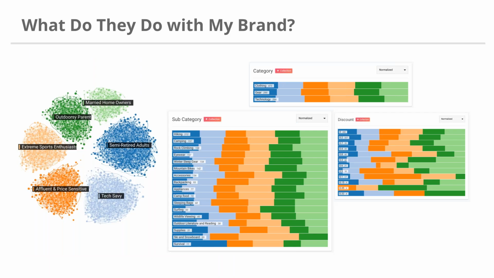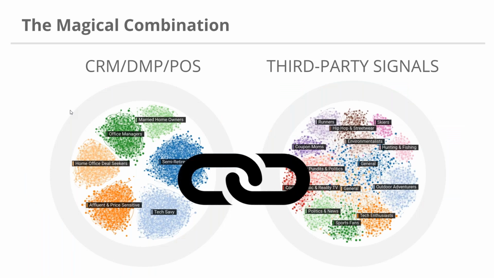And so then, now that's sort of the third party component, but what about the people who are actually buying my products, interacting with my products in the store? What category do they fall into? What subcategories, or what types of products are they buying? Are they using discounts or not? And then this is a combination of purchase data and survey data. So now I'm understanding, all right, who are my outdoorsy parents? What types of things do they buy? And then I'm coupling that, sort of the magic combination here,